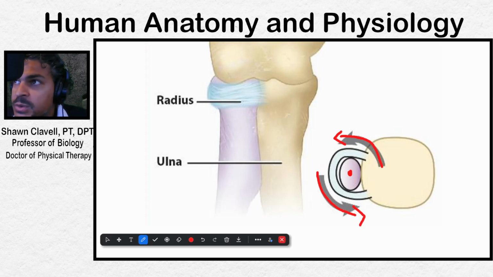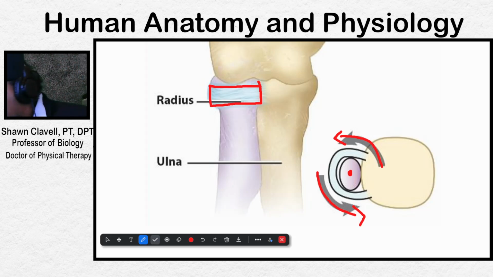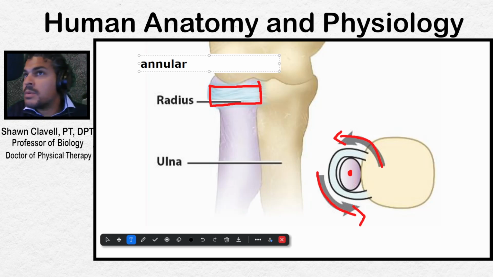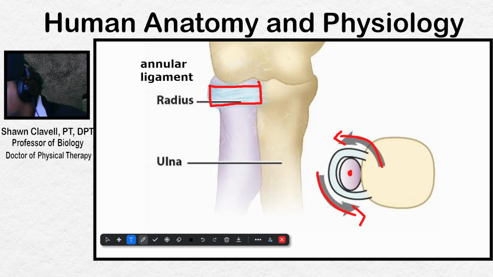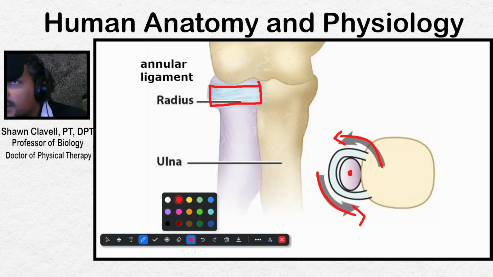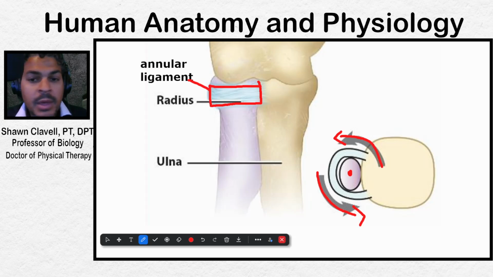This ligament here is referred to as the annular ligament. Maybe I'll type it out here for you. There it is. That is the ligament that holds it in place, the annular ligament. Ultimately, that is the structure associated with a pivot joint. It spins about one axis. Another example of a pivot joint